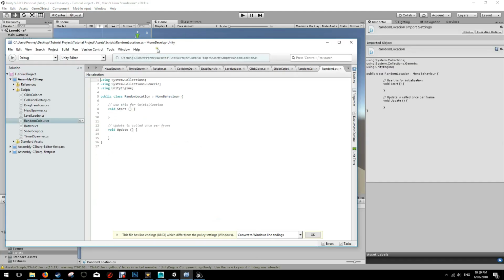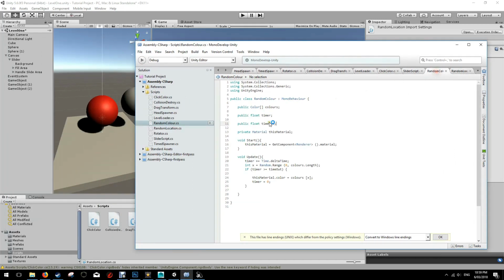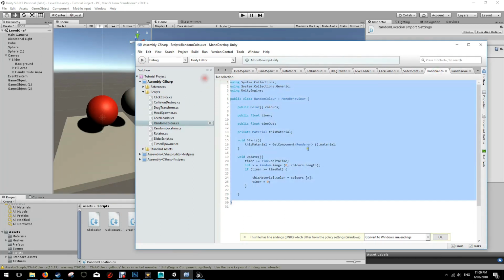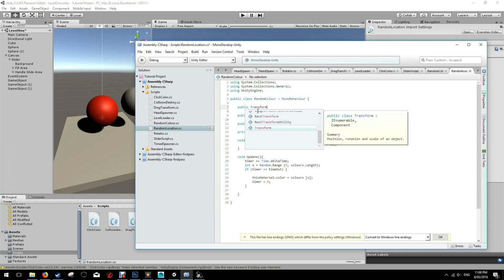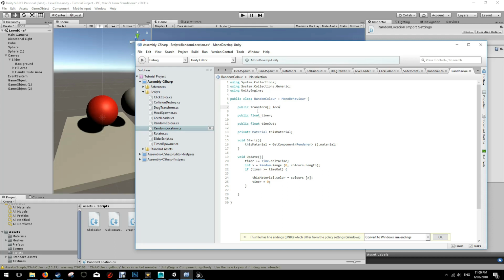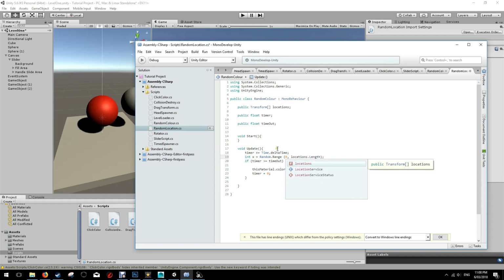Random location. I'm going to copy the random color script and edit that. So instead of colors, we're going to go transform. We're going to go locations, and don't need any materials. We're going to go exactly the same. We're going to have a random range. Instead of colors.length, it's going to be locations.length. If the timer times out, then we're going to go